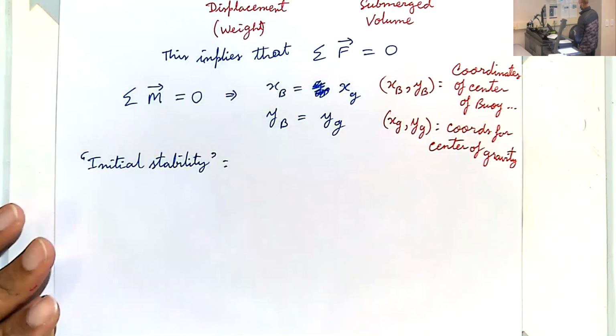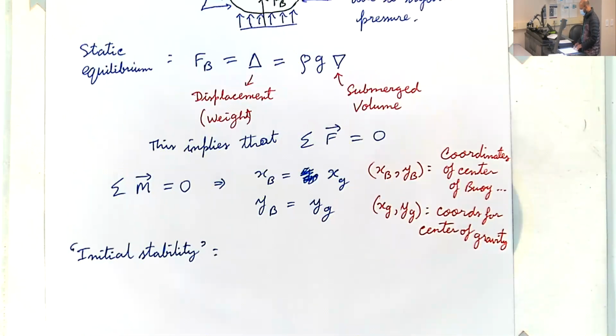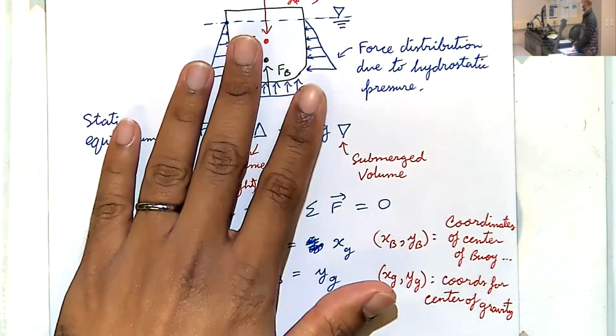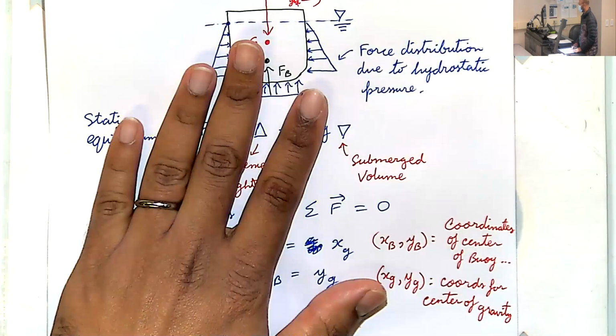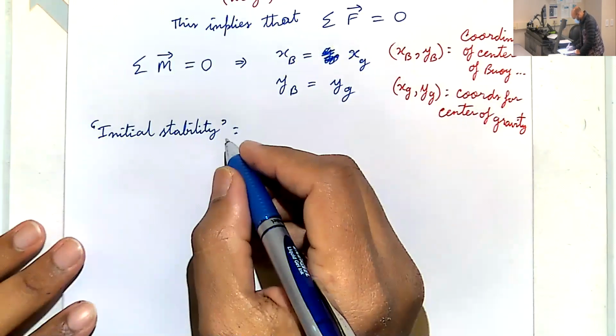When somebody asks you about the initial stability of a hull design, they're asking you, what's the behavior of the hull if it's perturbed in its equilibrium position? Okay, so initial stability conveys